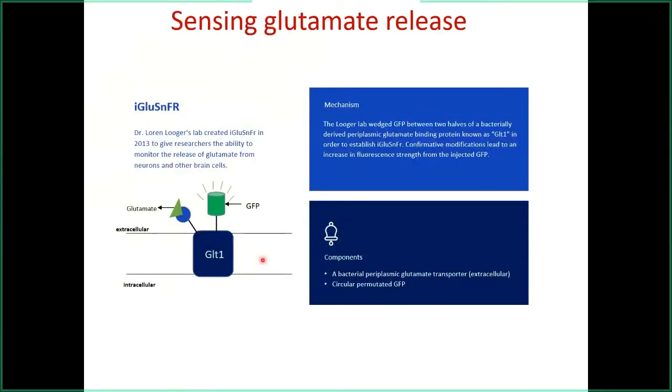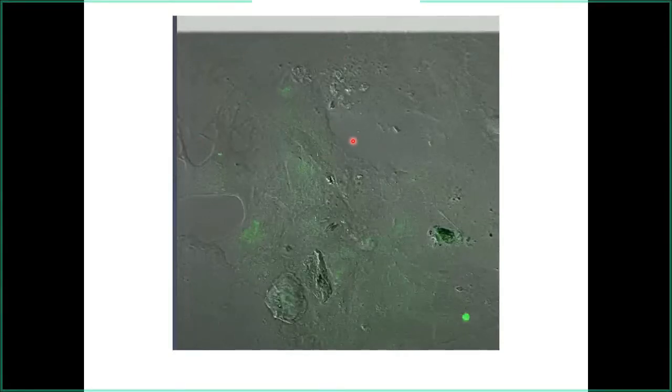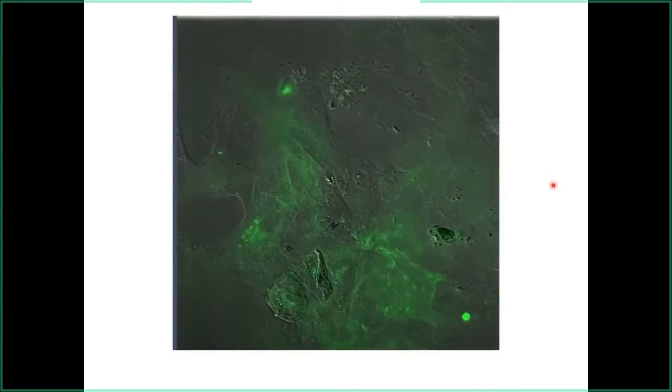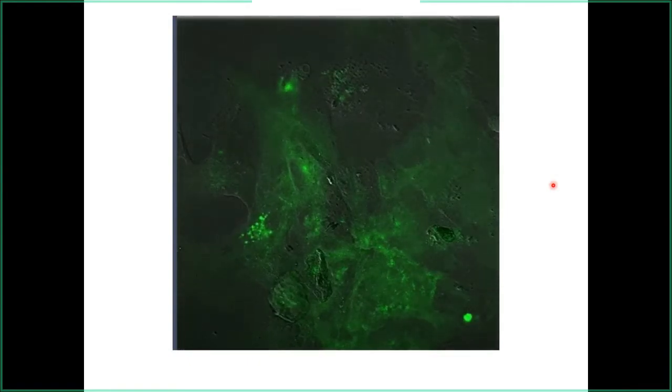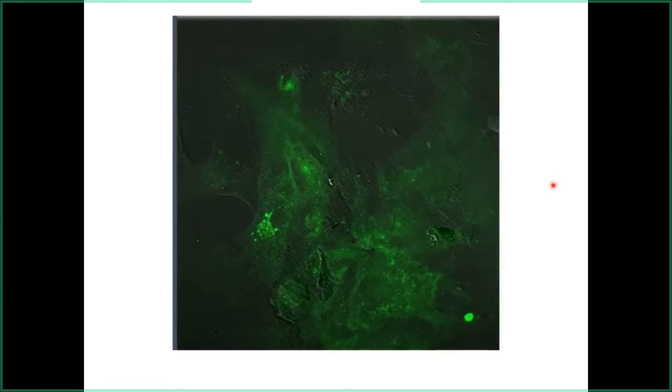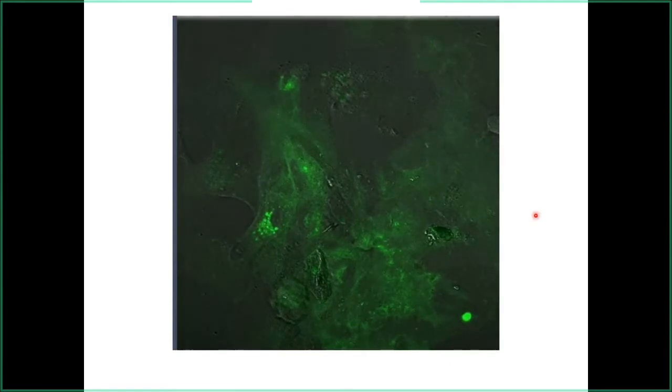So we sense glutamate by using this extracellular glutamate sensor called the GluSnFR, and we got this from Dr. Loren Looger's lab, and it works beautifully, as you can see. So these are control astrocytes, and when we increase calcium in these cells by using ionomycin, that's when ionomycin is added, glutamate is released on the surface, and we see it all over. But ionomycin kills the cells, it is a poison, an ionophore, so towards the end, in about a minute or so, the astrocytes start dying out.